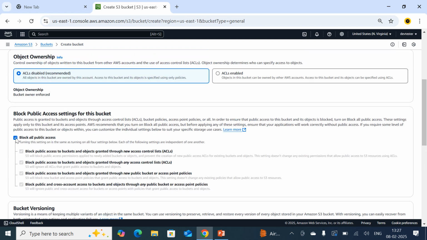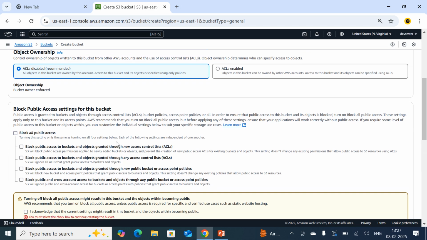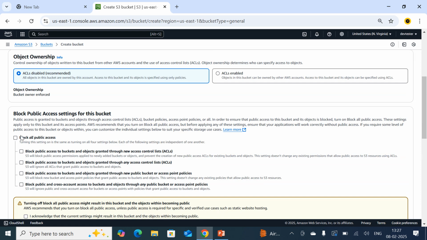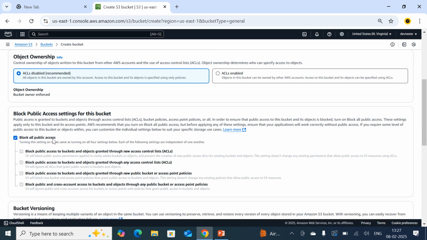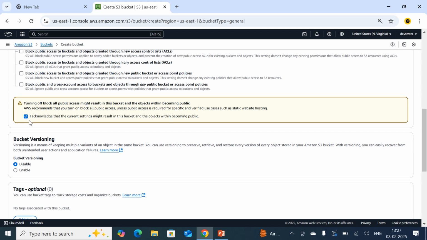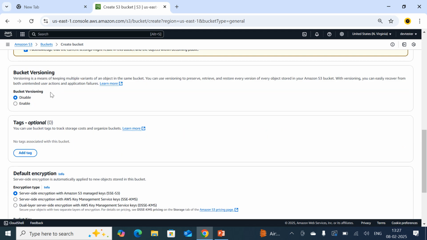Okay, make sure you just need to enable this. Suppose if you disable it, anybody from around the world can access your S3 bucket through the internet. By default it will be in enabled mode only, but as I'm going to create this for lab purposes, just make sure you disable this, and you just need to certify this. I acknowledge it.